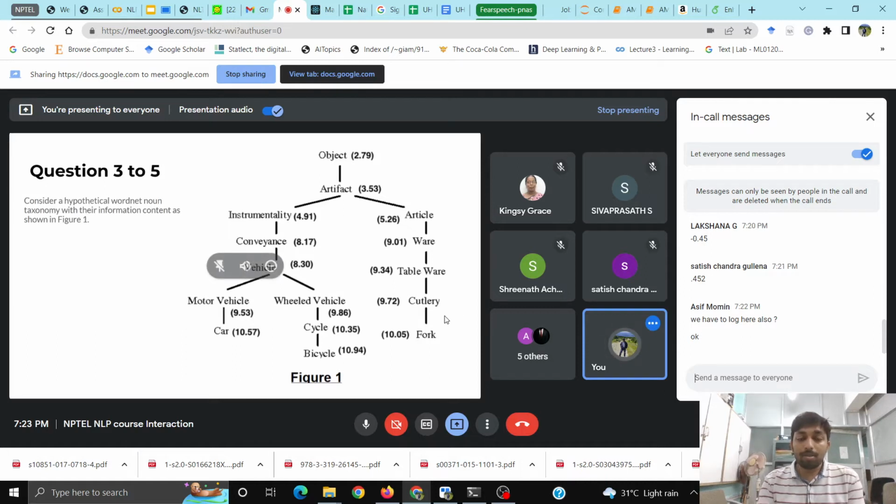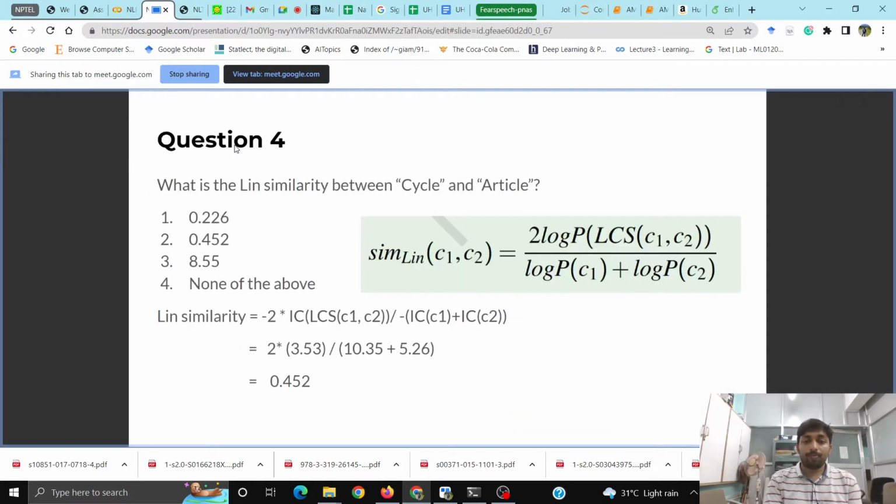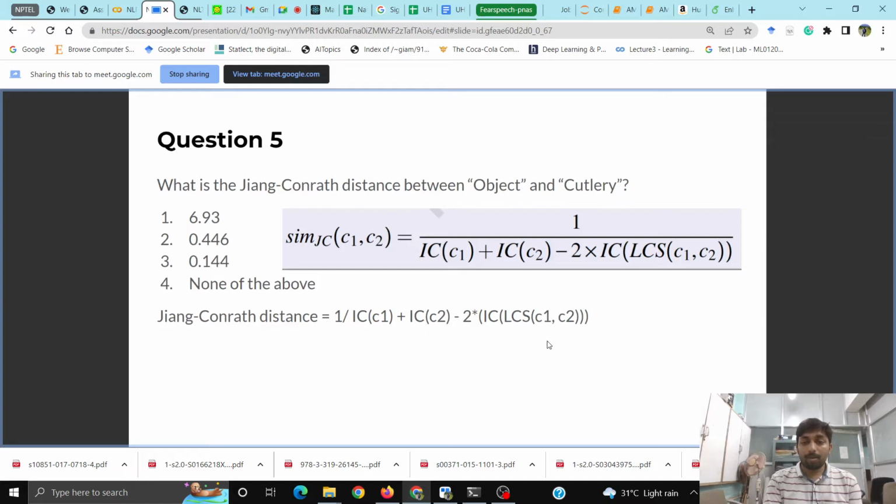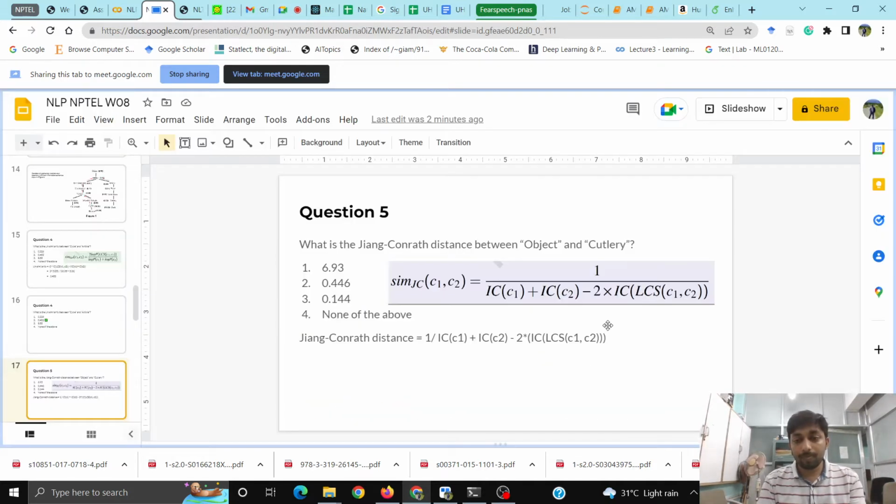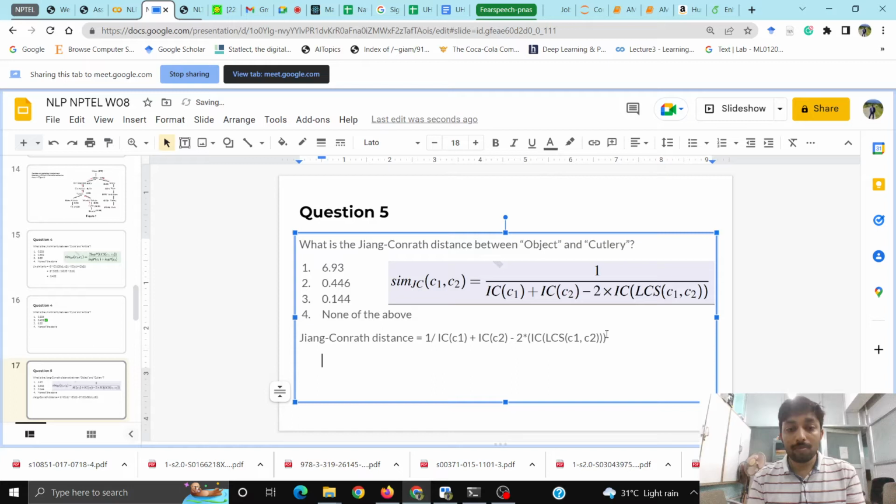So what is the hypernym of both object and cutlery? Like a common hypernym. Object itself. Yeah, the object itself. Right. So this becomes 1 by IC of object plus IC of cutlery plus